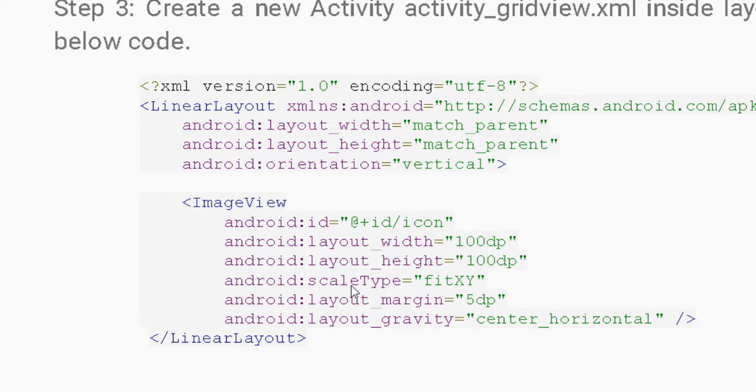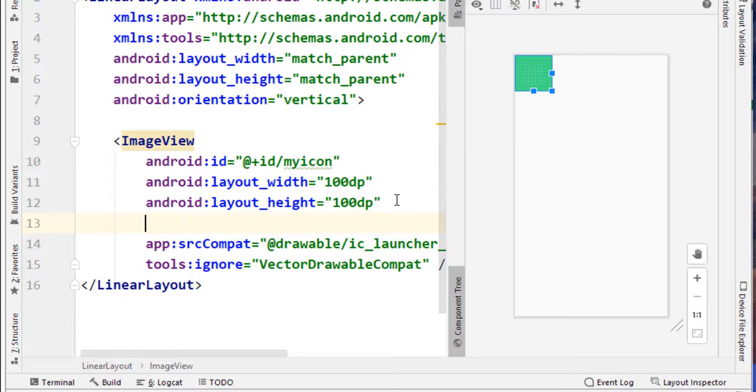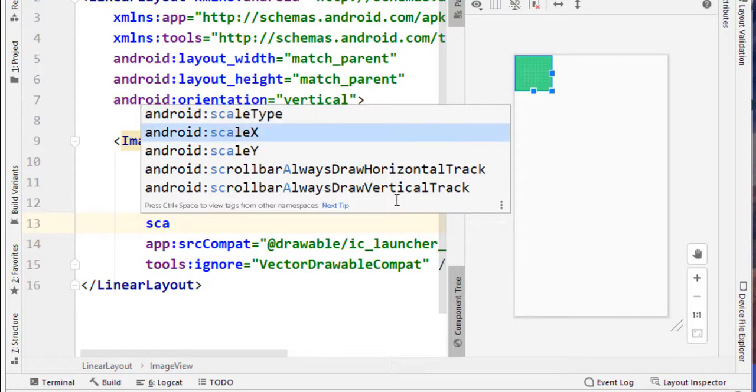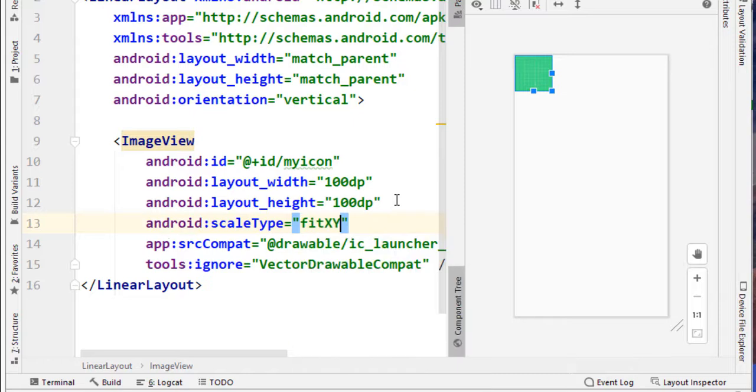Please understand, there is a scale type property that is called fitXY. Let me do that also. So I am going to apply scale type here, and we are going to apply fitXY. So it is going to fit the position with height and width. It is not going to skip any border or any column or any row. It is going to fit with X and Y. There is no space between the border sides.